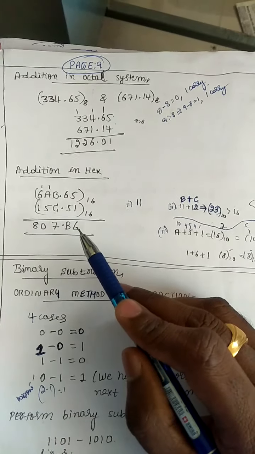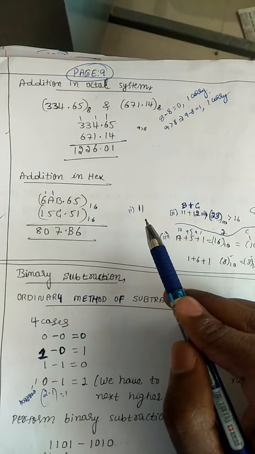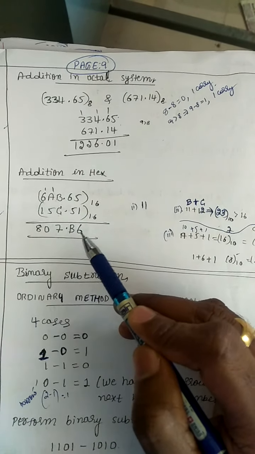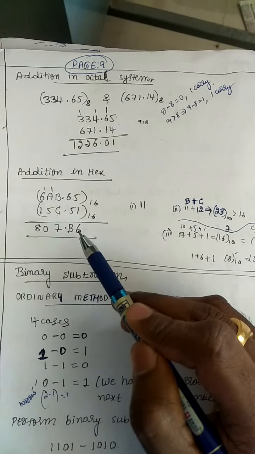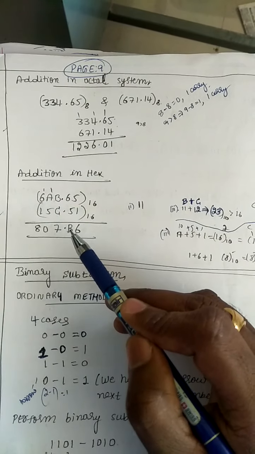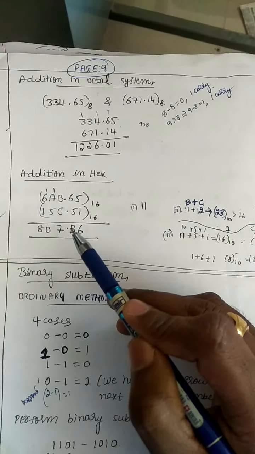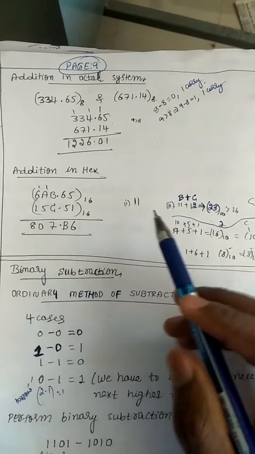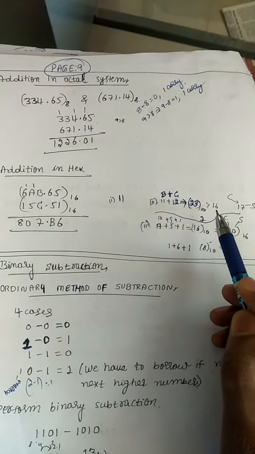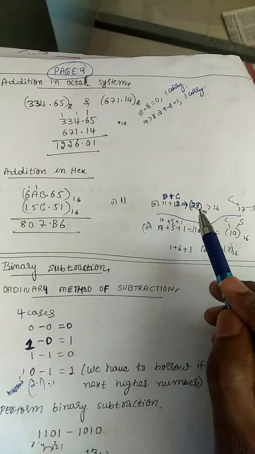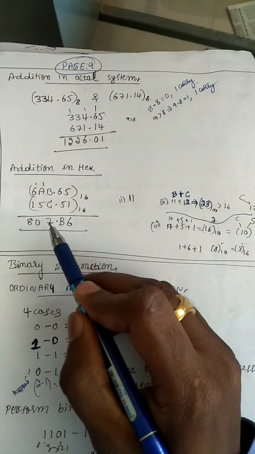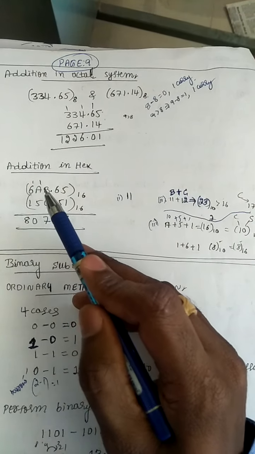If you had two hexadecimal numbers, if the number is greater than or equal to 16, then you have to subtract 16 from that number. For example, if you had 5 plus 1, it is 6. 6 is less than 16, write down as it is. 6 plus 5, 11. 11 means B, which is less than 16, write down as it is. B plus C, nothing but 11 plus 12, 23. 23 is greater than 16. So you subtract 16 from 23. So you will get 7. Your solution is 7. You carry out 1 to the next position.